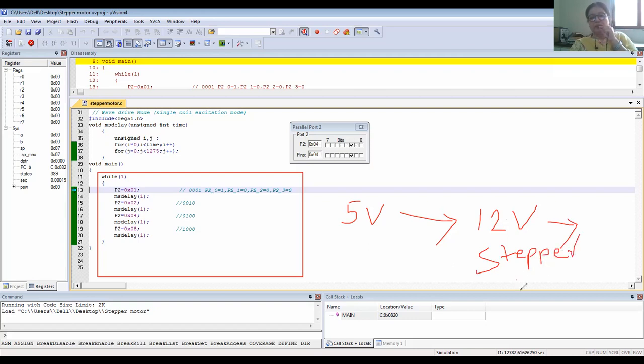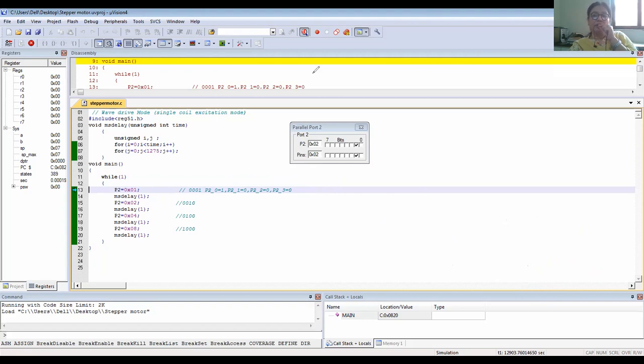So with this, I think the idea of interfacing the stepper motor is very clear to you. Now, if you want to modify the same program for the anti-clockwise direction, the only modification we need to make is to change the corresponding bit pattern. Since this is in the clockwise direction, if you want to change the direction, the bit pattern will change.